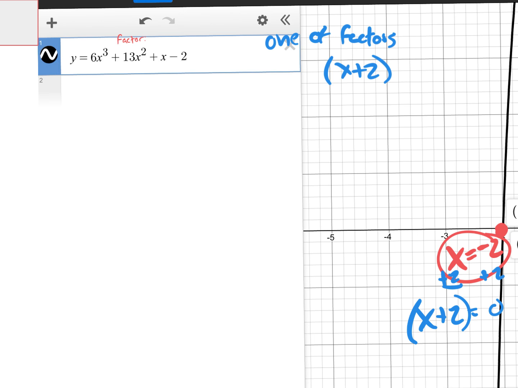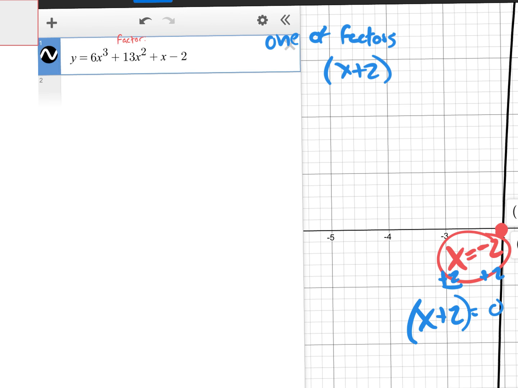No. 21 divided by 7 is 3, right? So if I take this number and divide by one of its factors, it gives me the other factor. Like 21 divided by 7 is 3. 7 and 3 are factors. Does that make sense? So if I know that this is one of the factors, I could actually do synthetic